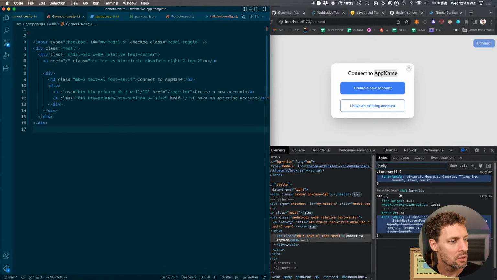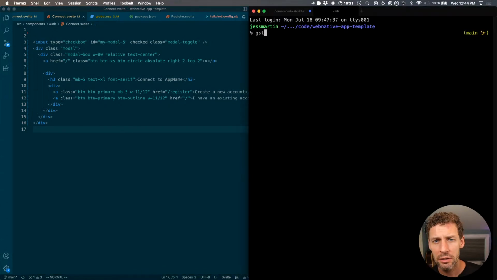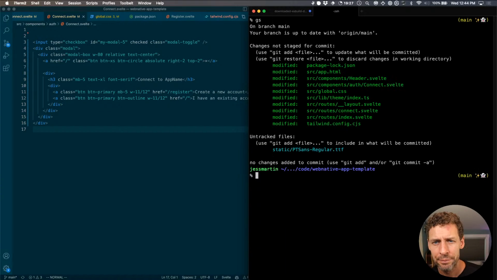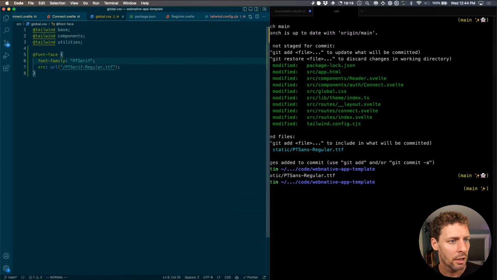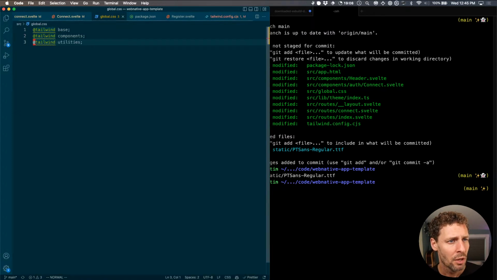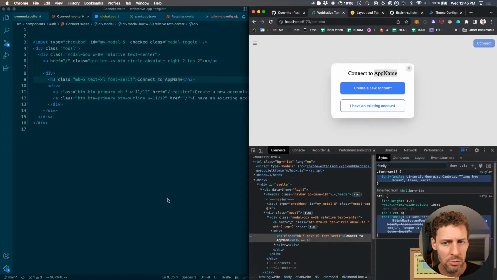Let me jump over to iTerm, do a diff here, and let's remove that static PT sans regular, and then let's go over to globals and remove this font family definition, and let's just go with font serif. That seems to actually produce the right font. Pretty cool. Okay, so now let's take a critical eye at our